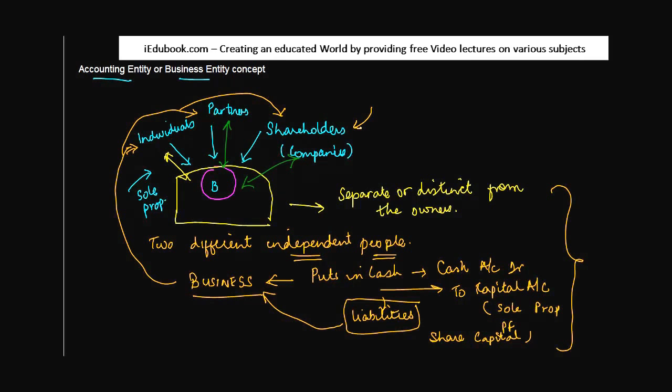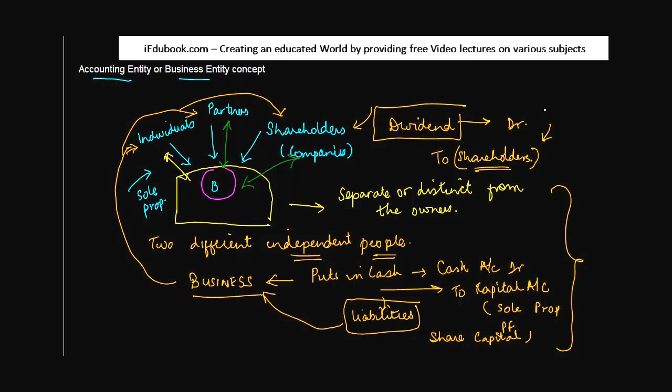Similarly, whenever we pay anything to them, let's say the shareholders in the company get dividend. This dividend is actually shown as an expense and it is debited. And the shareholders are credited. Okay? These shareholders could be anyone, A, B, C, D, E, F, G, H, whatever. Different forms of accounting are possible, but basically the idea is to tell you that the shareholders are shown as a liability.